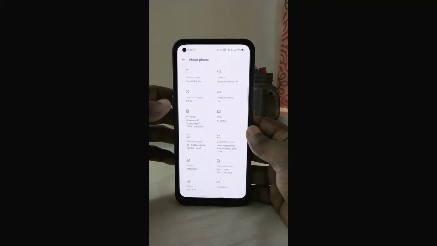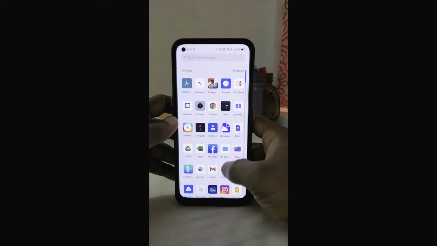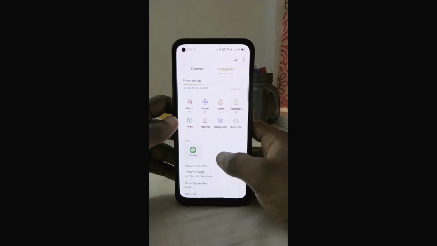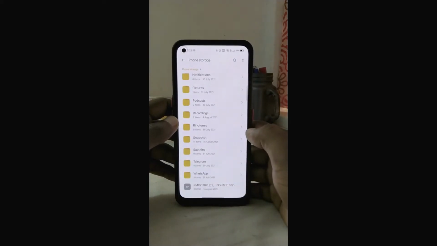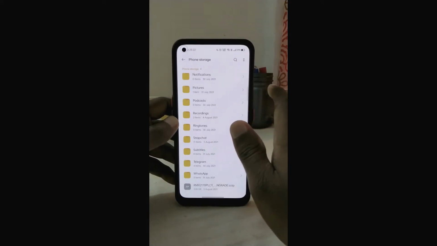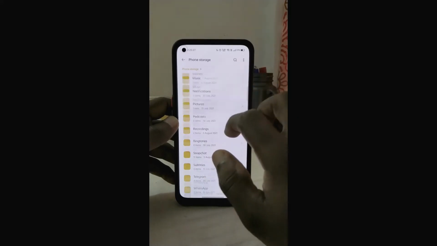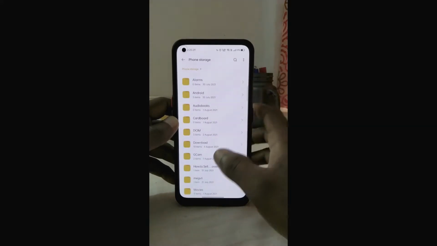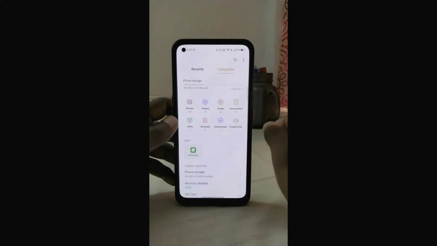So for that, you have to download an OZip file. For example, I will go to my files, file manager, phone storage, and you can see here I have copied the RMX2170PU_11, that is a downgrade OZip. So what you have to do is download it and put it into your phone storage, or anywhere in the download folder, and then leave it there. I will provide you the link to download the downgrade OZip file, so you can download it from the description.